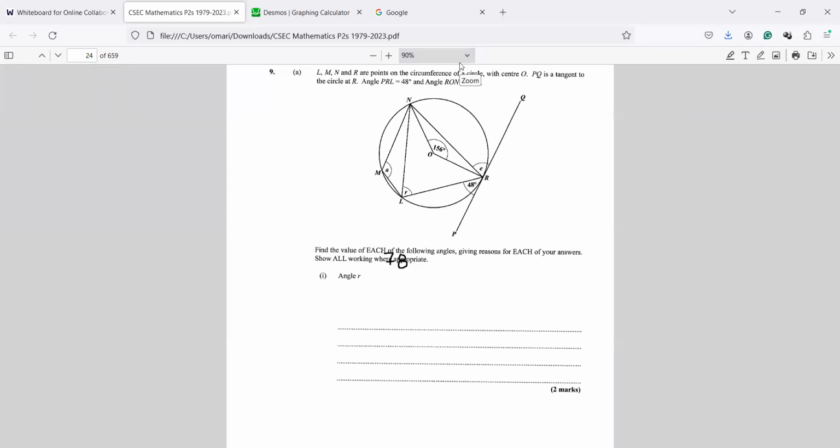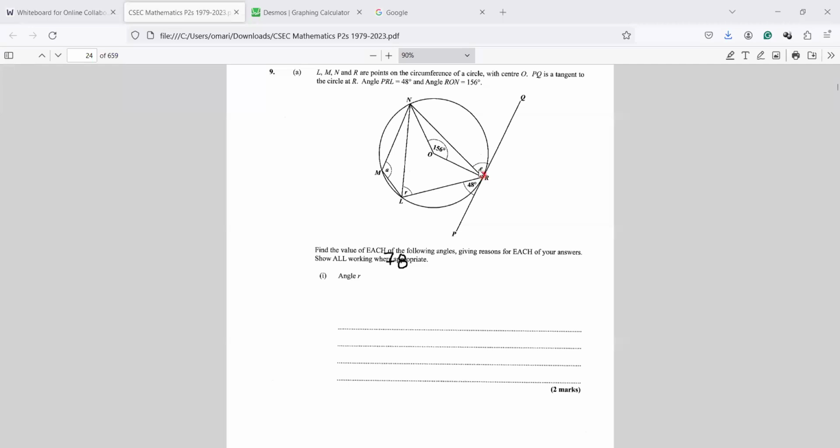And what we know from the alternate segment theorem is that the angle between the chord NR and the tangent PQ, so that angle right here is E, is going to be equal to the angle